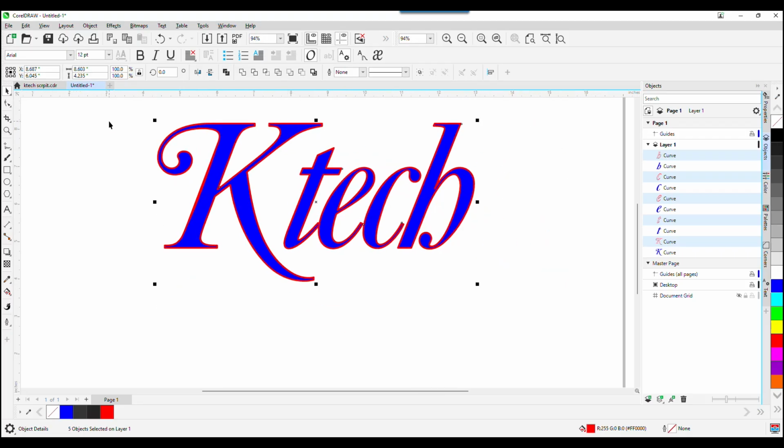Now we're ready to get it over. There are two ways to do this to get it over to Design Shop. Either we're going to save a file. Let's say you have your CorelDRAW and your Design Shop on the same computer, you could just do copy and paste. But if you don't, then you'll have to save it as a file and bring it over to the computer that has Design Shop. So to do this, you go File,